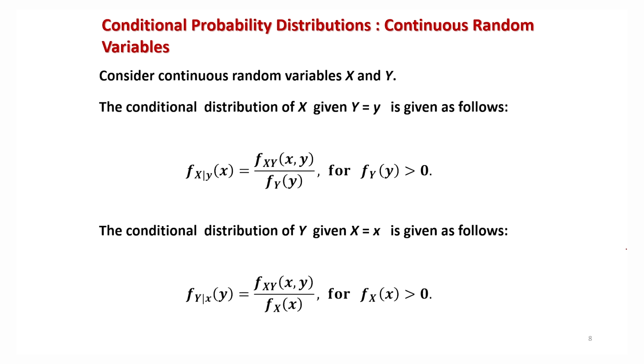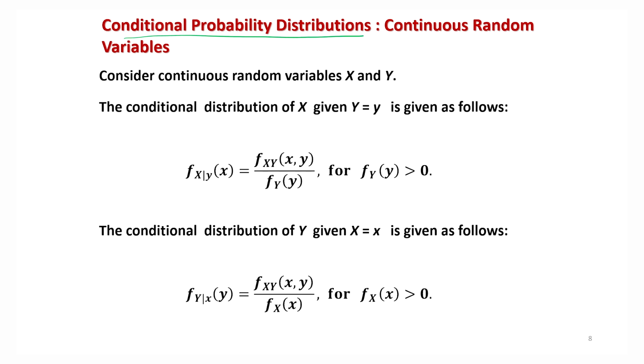And similarly, we also have the concept of conditional density function or conditional distribution. When we have a joint density function, say f of x, y, and I want to find out the individual contribution of x and y, then we use the concept of marginal distribution. But suppose I want to see the effect of one variable when the effect of another variable is fixed, then how do we find out this effect? This is obtained by the concept of conditional probability distribution.